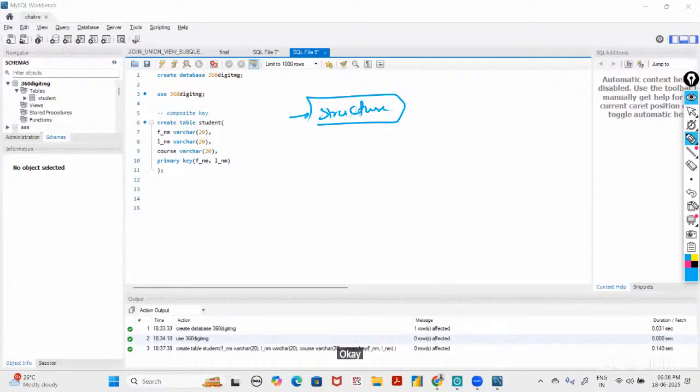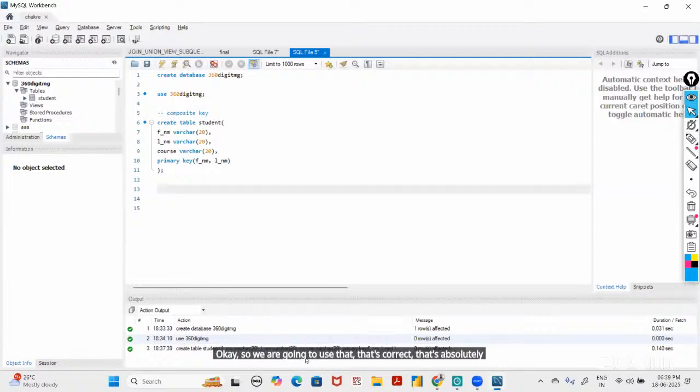Okay, that's correct. Absolutely correct, guys. So I'm going to use the function DESC followed by the table name,